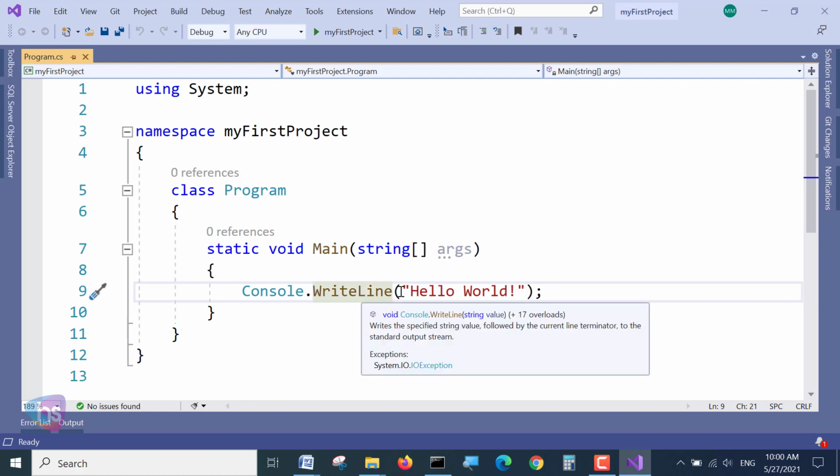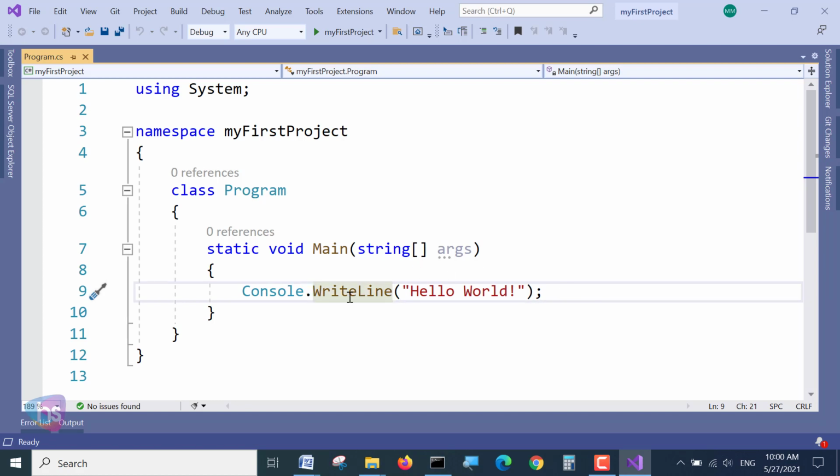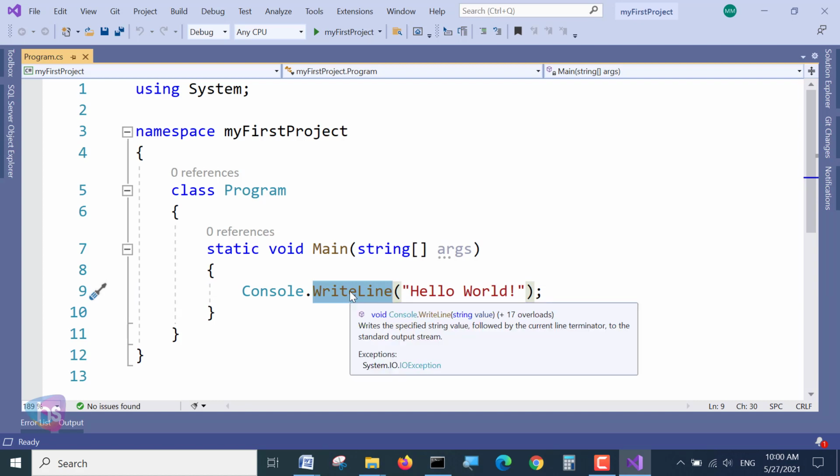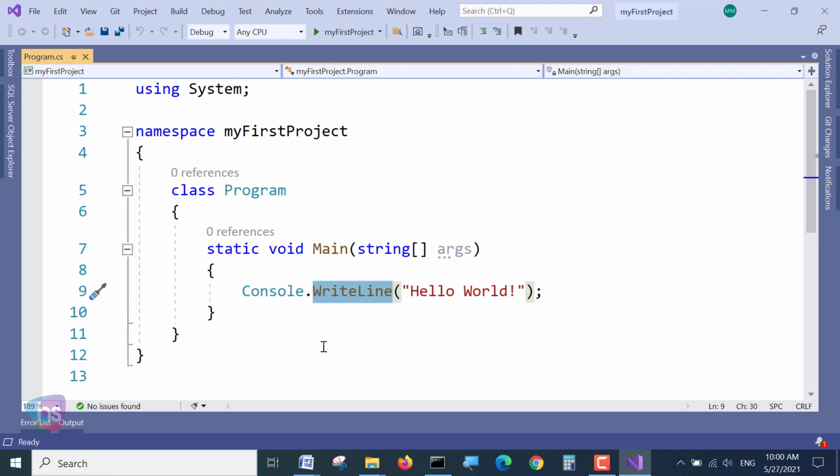So what this Console will do: we are writing something using this class by pressing the dot, WriteLine. Again, inside it is one more method. See, void Console.WriteLine is a method. If we apply double quotes and write something in between, we get this string as an output.